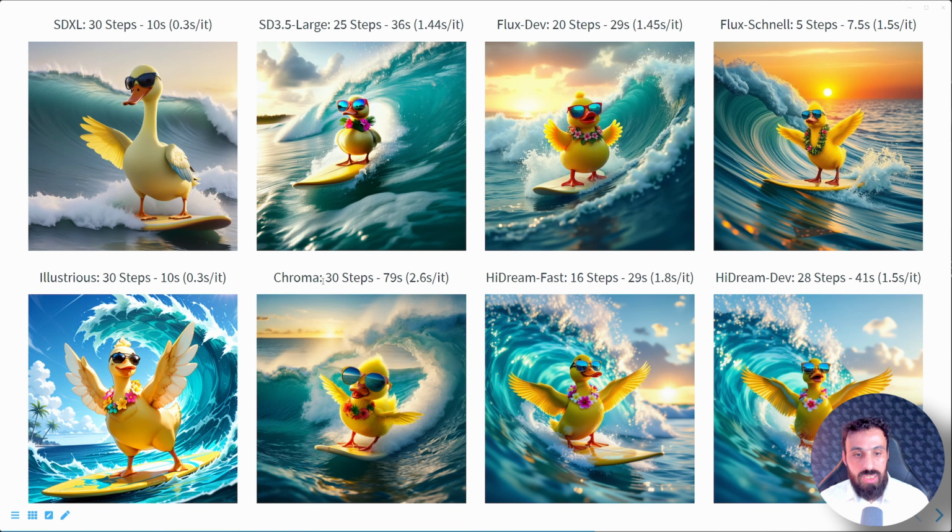Next, we have Chroma. I generated an image of 30 steps in 79 seconds, so the slowest in this comparison here. However, from a prompt adhering perspective, I think it did very, very good. So very good image quality and prompt adhering. I would say even better than Flux Dev in this specific case, but also it comes at a higher cost